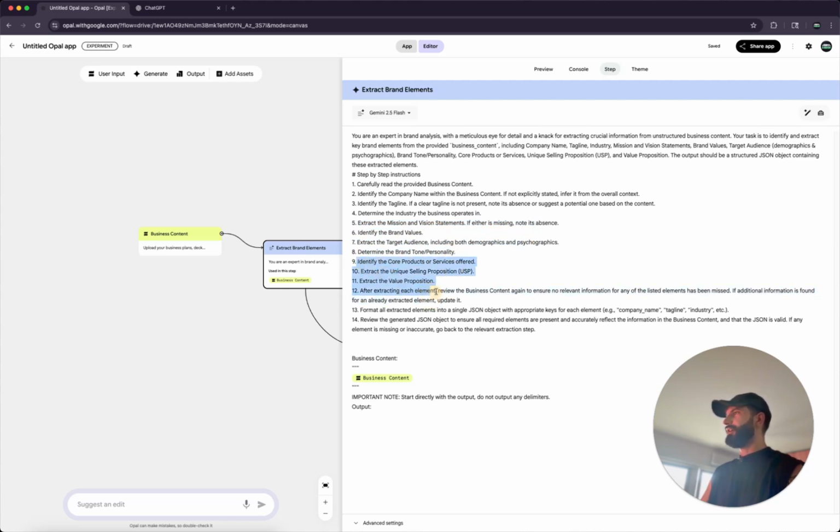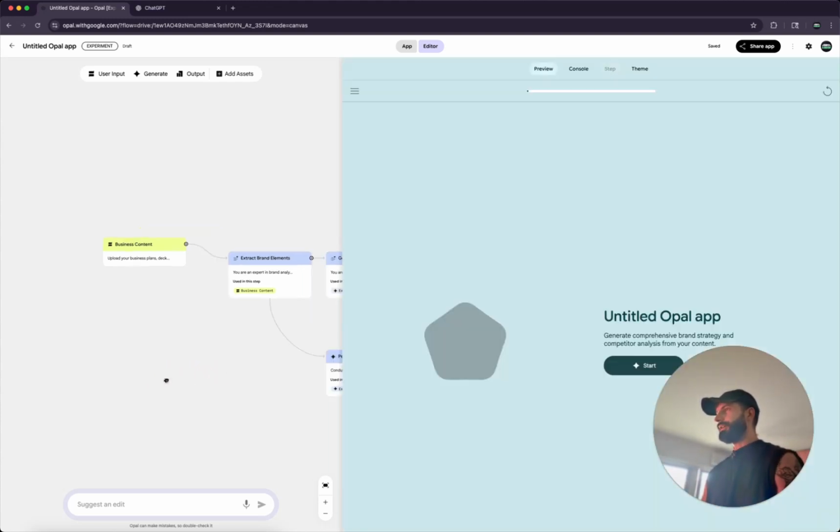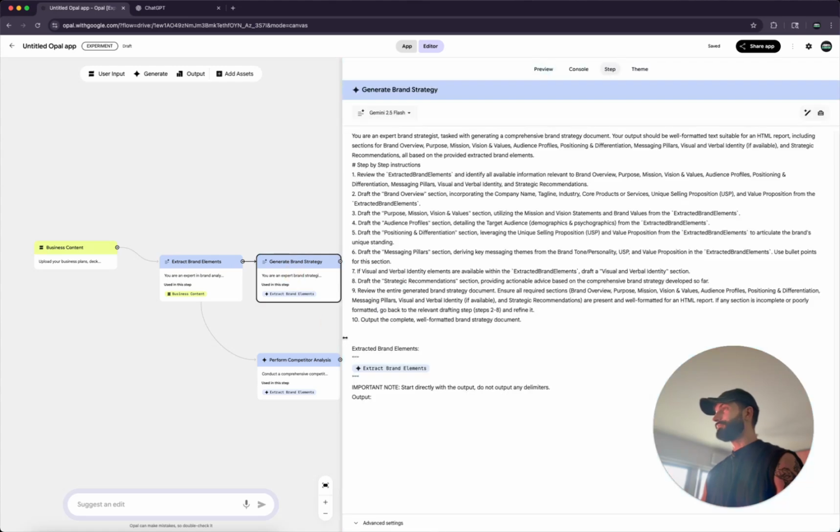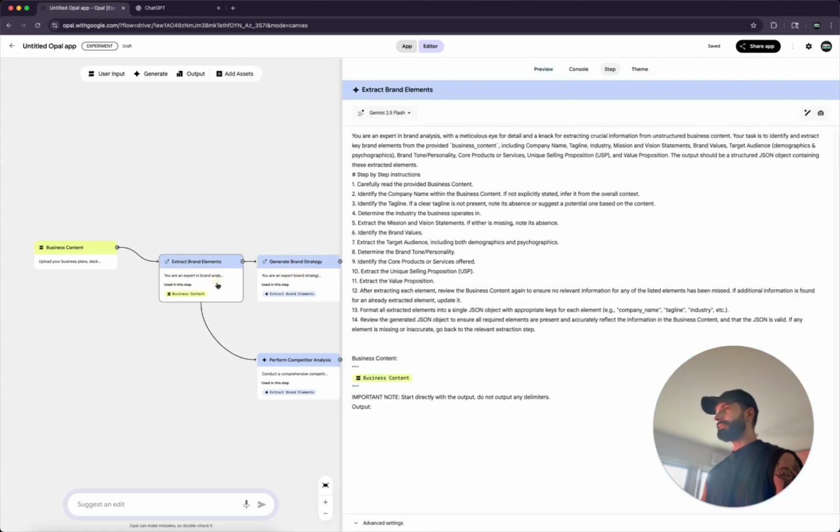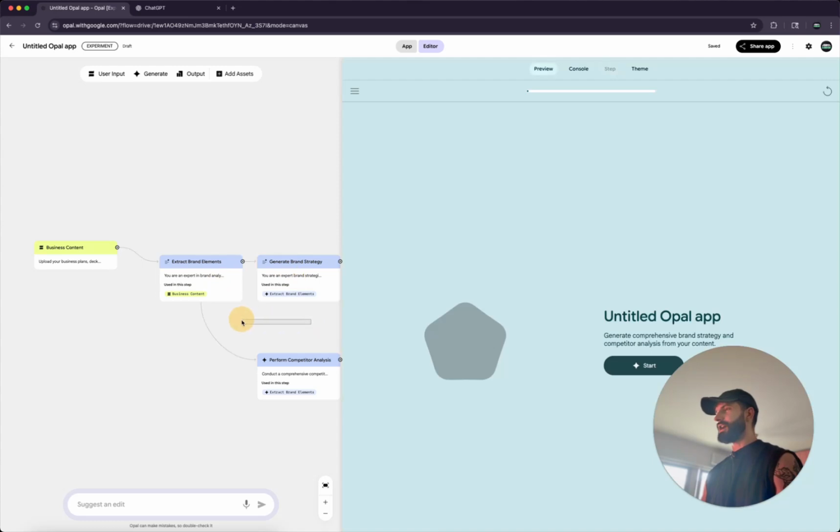So basically do everything, and then after extracting each element, review the business content, make sure everything makes sense, blah, blah, blah. So it feels like a very heavy prompt, but this is just the extraction, and then